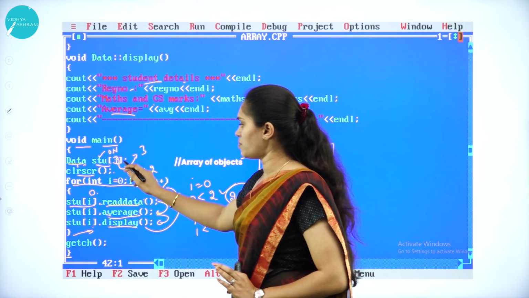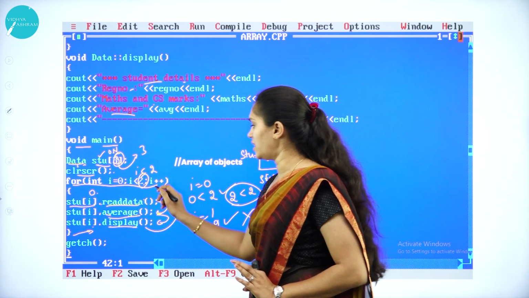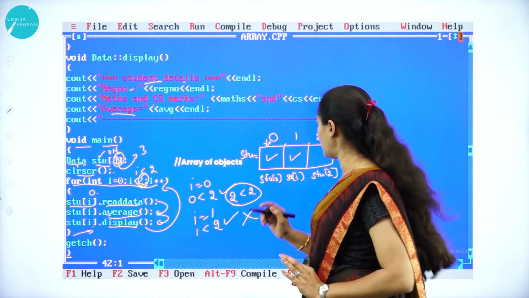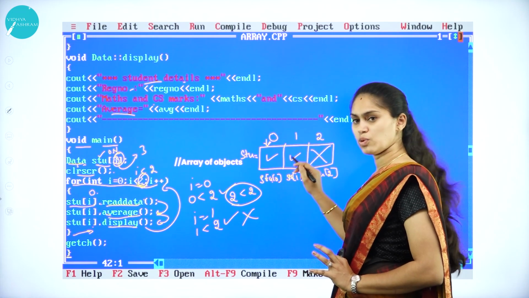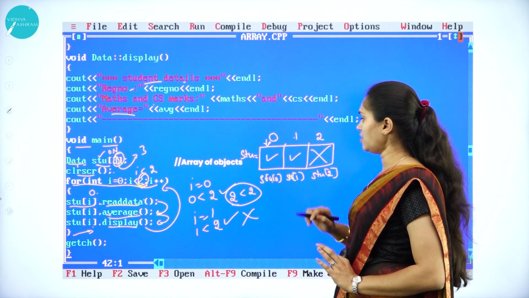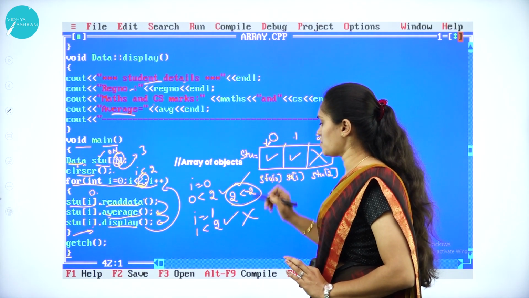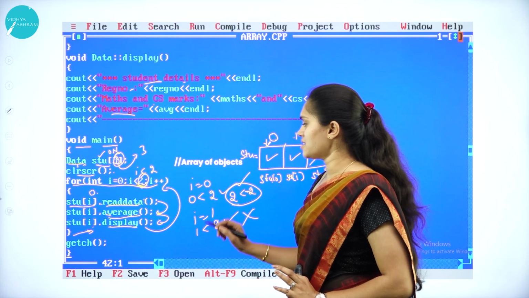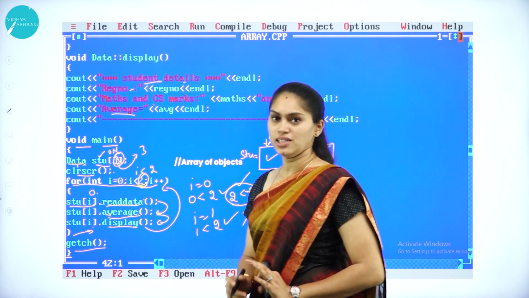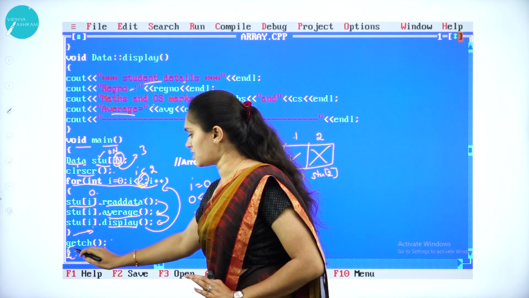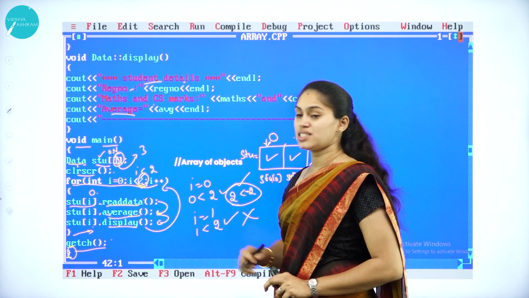Okay. Here I have specified the size of the array of objects as 3, but I am restricting myself to hold the data of 2 students. That means it is not going to fill the last value. So it will fill the values of student 1 and student 2, at index 0 and 1, because 2 is not less than 2. If it were 2 less than or equal to 2, then this would become true, but not in this case. This is false here, so it comes out of the loop, enters the getch function, and the scope of the main function ends. Okay, so this is how an array of objects works.